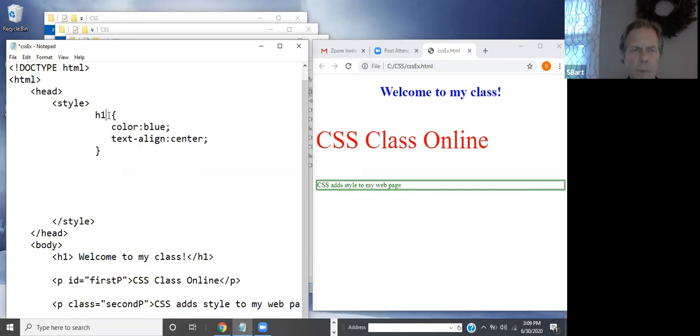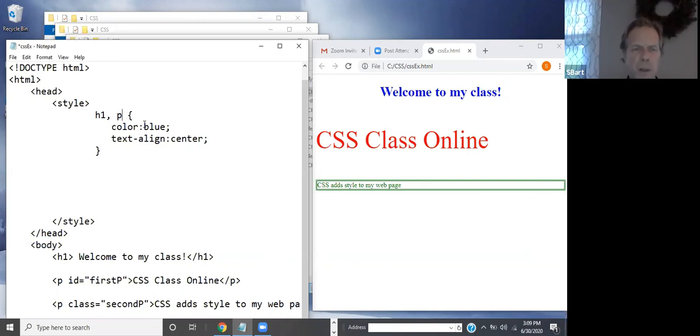So H1, all you do is you separate the elements you want with a comma. So H1, comma, and then I want the paragraph tags to have this style also. So H1, comma, P,